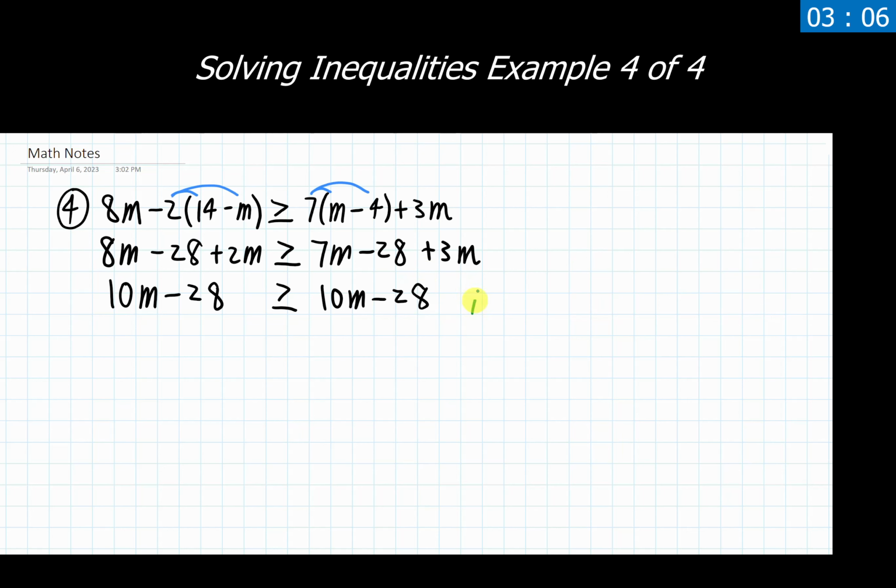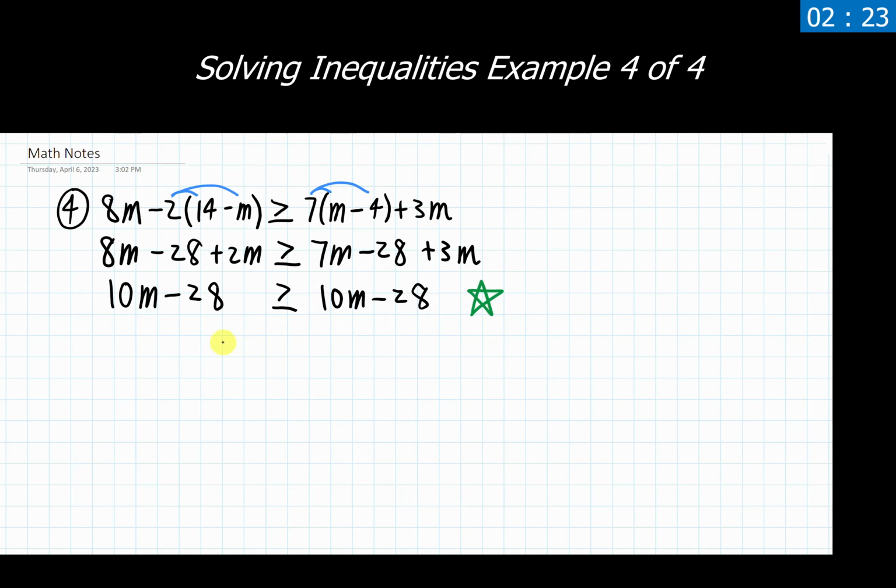And now right here at this stage, hopefully we're noticing something about both sides of this inequality. These two things are the exact same as one another. They are identical. If we remember back to the 2.4 material where we have identical things on both sides of an equation, that means we are going to have infinite answers. The same thing is going to apply here, even though we have inequalities. What m values will make this side of the inequality greater than or equal to this right side of the inequality? Well, that's going to be all real numbers.